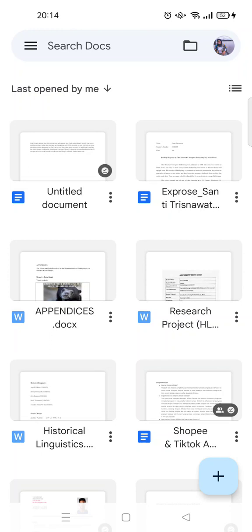On today's video, I'm gonna show you how you can add other people as collaborators in Google Docs. So collaborators here are the people that can view and edit your Google Docs files. It's basically so easy. You can just open your Google Docs app on your phone and you can do it without having to open the file actually. So for example, I want to add collaborators into this file, so I'm going to just click